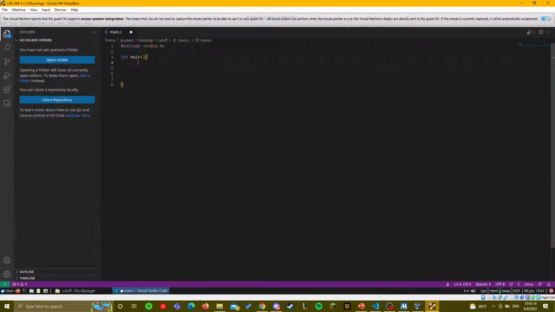Okay, so you can see the basic structure. You have your preprocessor directives at the top, and then you have your main function, right? So in here, I'll place a basic printf, right? And something to always check is that you have your semicolon in place.